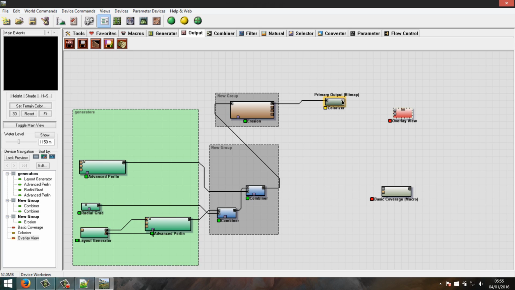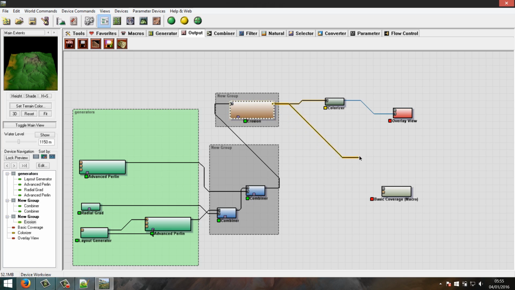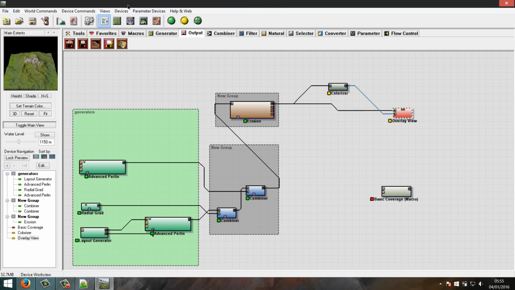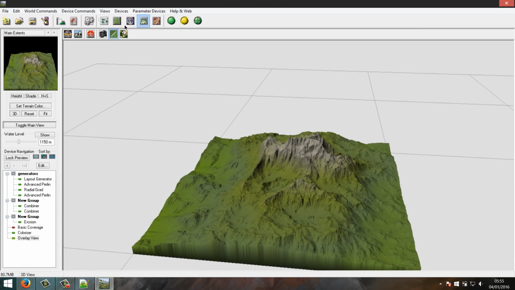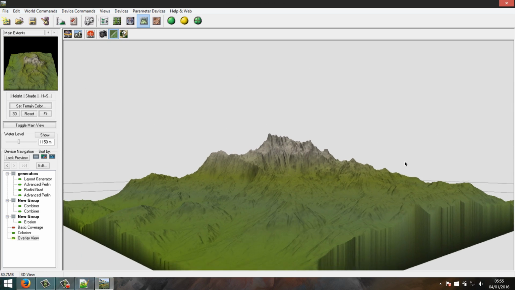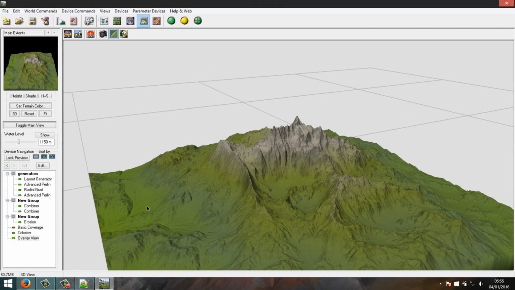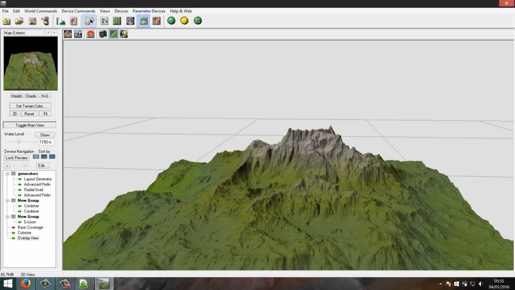We can put the texture bitmap output into the overlay input, and then take the height information from the height field and put it into the primary input. Then when we click it, we get the geometry from the erosion with the color from the colorizer combined. We can do a quick build, and there we have some cool textures. Now the problem with this basic colorizer is that it's all based on height values. You start out with a green, go up to a darker green, kind of a brown, orangish tone, and then at a fixed height value,